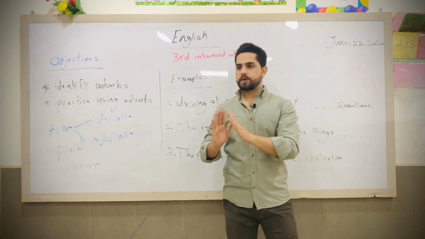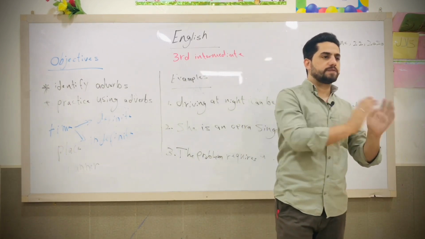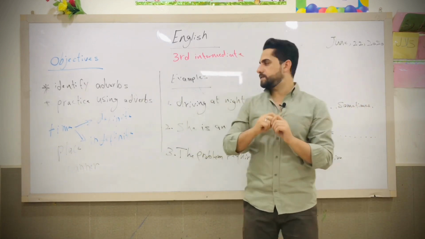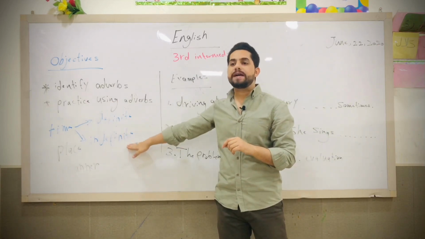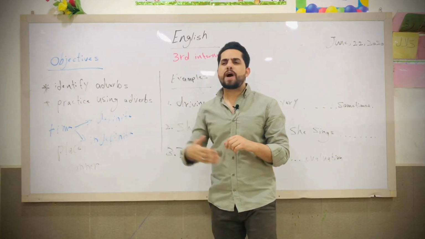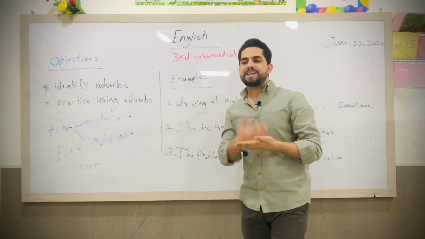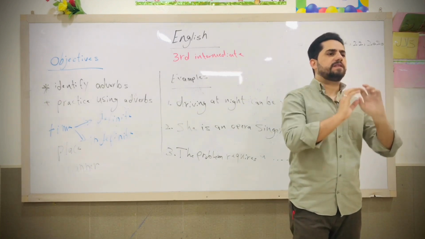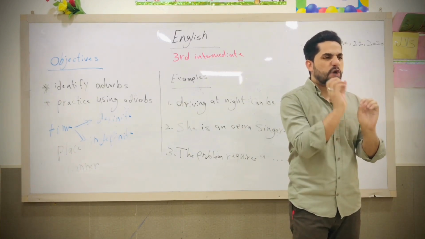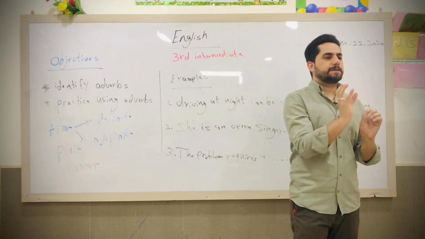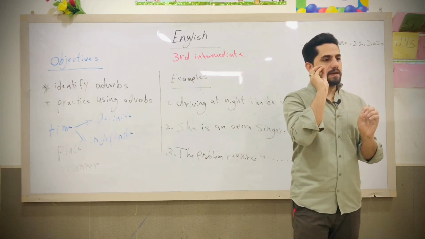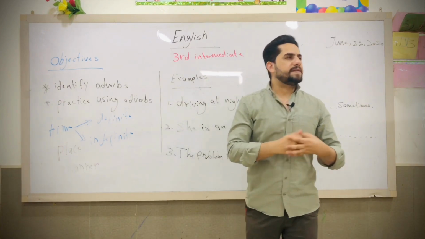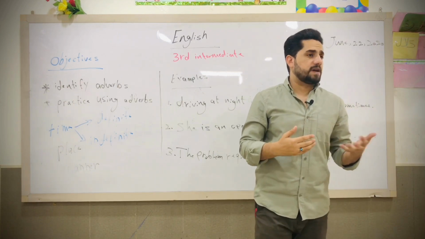Okay? Now, also, before I move on to the second type of adverbs, you need to know that adverbs of time could be of two types. They could be definite or indefinite. What do I mean by definite adverbs of time? Well, definite adverbs of time have to do with a specific. They add extra information that show specific points in time. And the indefinite adverbs of time, they don't really modify specific points of time, such as,